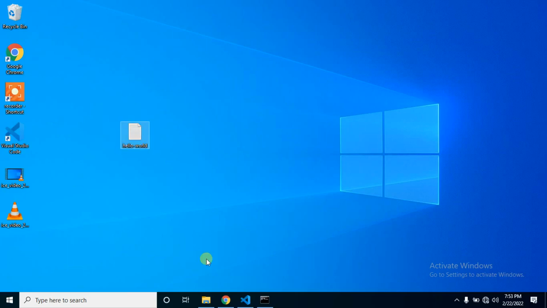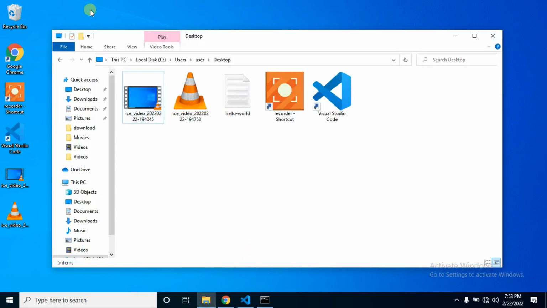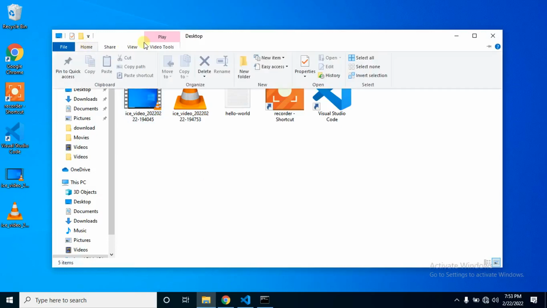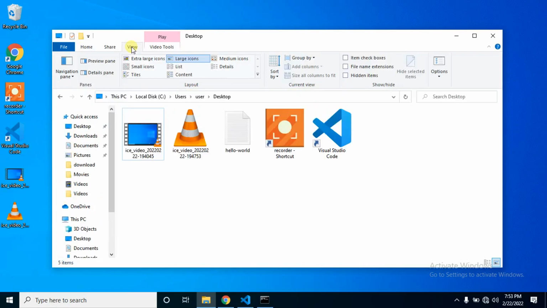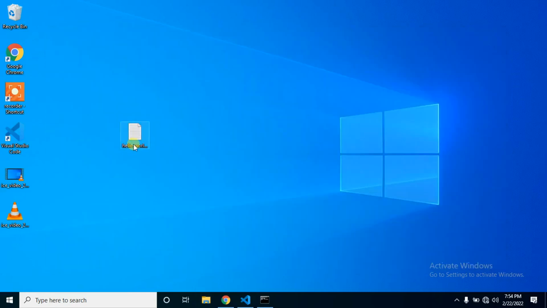You might need to do some settings on your system, like on this system, I'm needing to do that. You have to go to your home, then go to view, and check that file name extensions is checked so that you can be able to see file name extensions. And once you are done with that, you should be able to see that this file is a hello world.txt